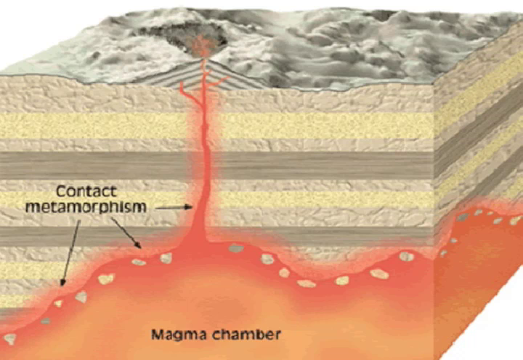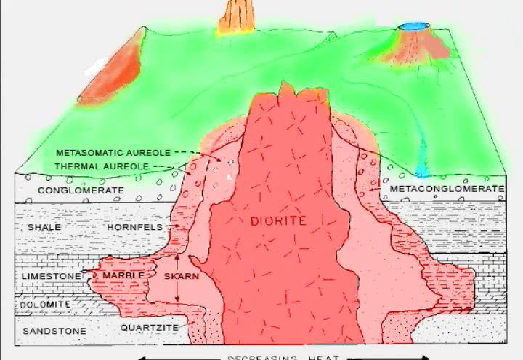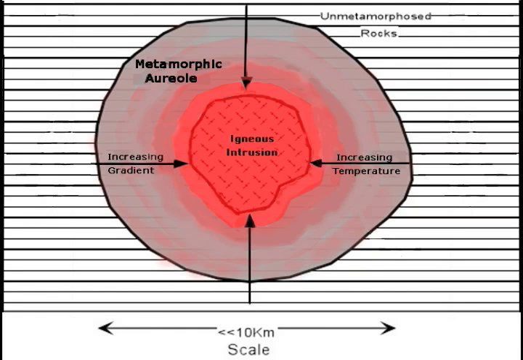Contact metamorphism takes place when a body of magma is intruded into country rock. The range and extent of its effects depend on the location, size, temperature, and type of intrusive magma. Associated fluids, the metasomatic aureole of this sketch, can increase and expand the effects of contact metamorphism greatly. In general, contact metamorphism is most effective where the contrast in temperature between intrusive and host is greatest, that is,